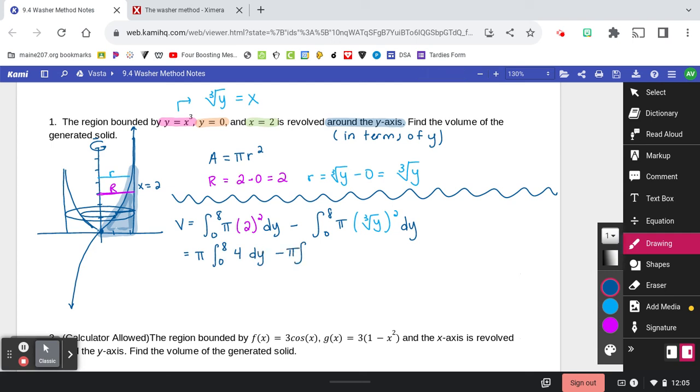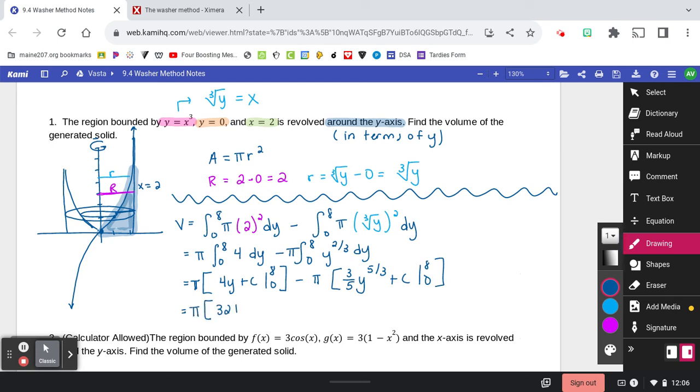minus pi times the integral from 0 to 8, and I'm going to rewrite this as y to the 2/3 power. It's going to make it easier for me to do the antiderivative. The next step is the antiderivative, so I have pi times 4y plus c, and I'm going to evaluate that between 0 and 8, minus pi times, I'm going to add 1 to this power, so I get 5/3, and then multiply by the reciprocal, and I'm going to do that from 0 to 8,